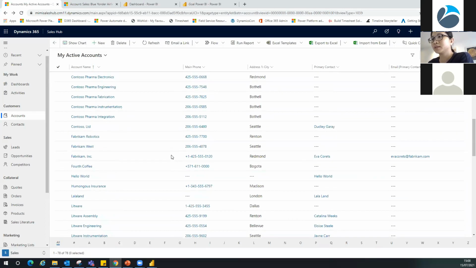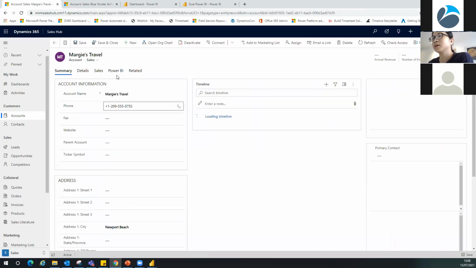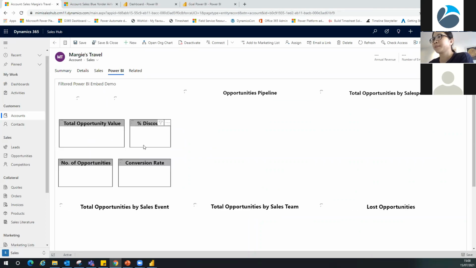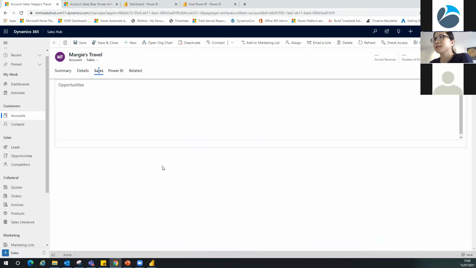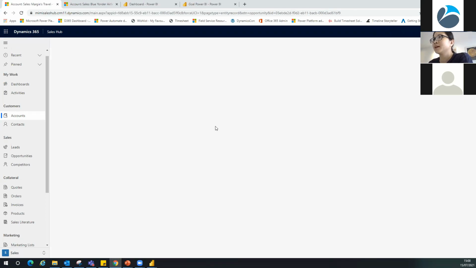For example, let's go to, I know this customer bought a lot. You see, there is one open opportunity here. And let's go to that opportunity and win it. And we will see the one opportunity showing up in the Power BI report embedded here as well.